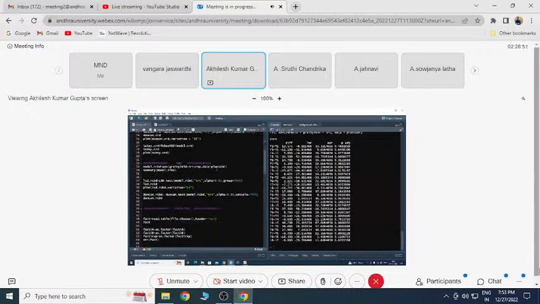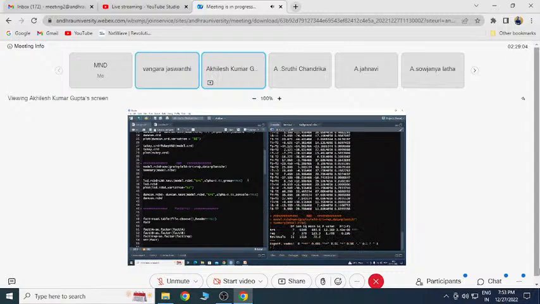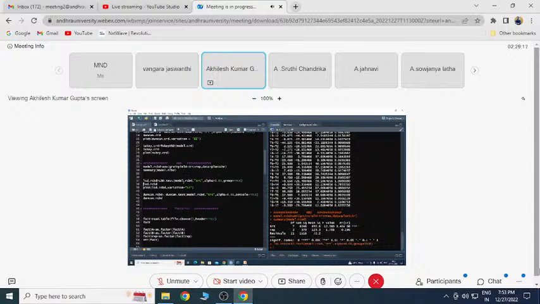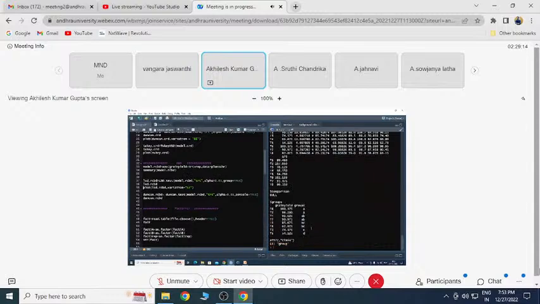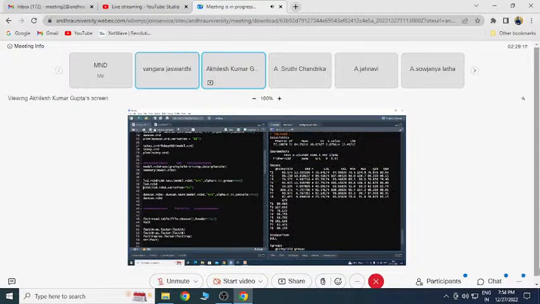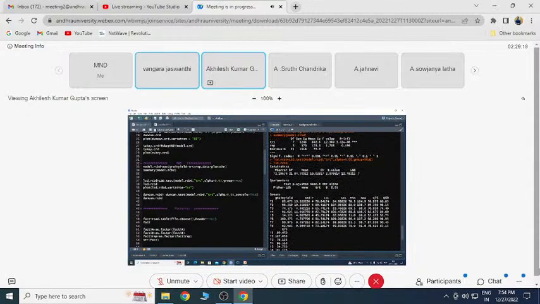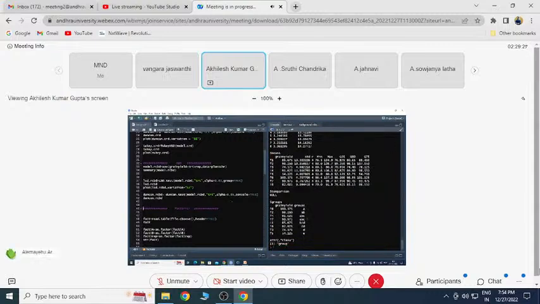Then we have RBD. In RBD, instead of one factor, you will have both factors, treatment plus replication. So grain yield followed by treatment plus replication, and our data plant character. I will run the command. I will get the ANOVA table, treatment, replication, residual, and again the same thing, LSD pairwise comparison. So I got this comparison again for RBD. Here you get the LSD, and this is the pairwise comparison. Same thing you can do with Duncan.